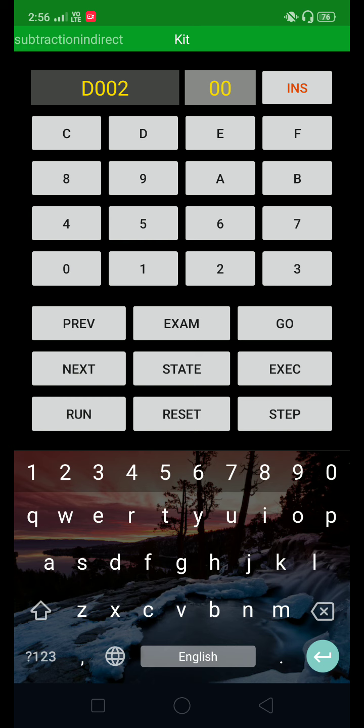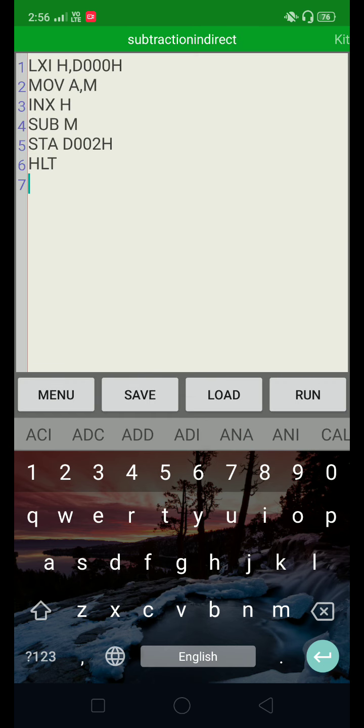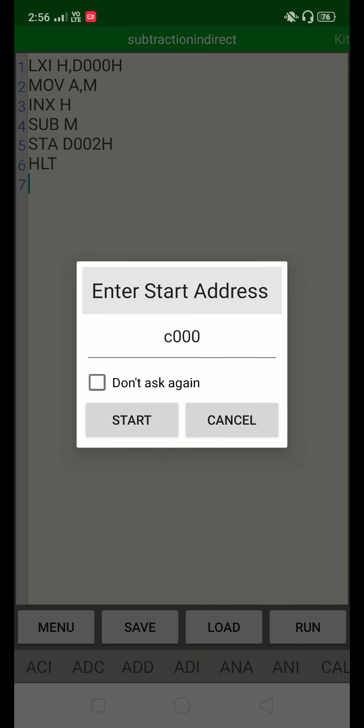Now go back to the text editor window, okay. Then load this program, okay. Then it will ask the starting address, enter the start address. Always remember, the starting address for the program you have to select different. Now here C000 is the starting address, and for data where the 2 numbers are present, it is stored starting from D000, okay.